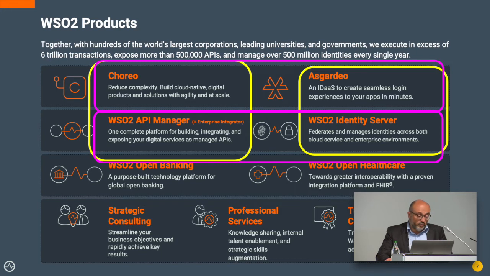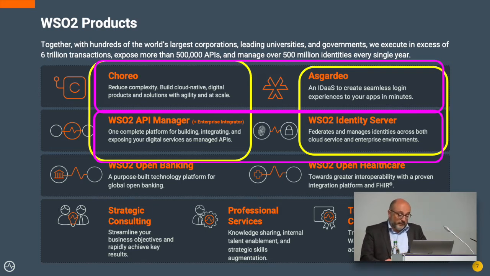For those of you that are interested or are in this sector, we have the open banking vertical for the financial company, which was started a few years ago when financial companies had to comply with the PSD2 standard, but now has a broader scope, trying to cover the digitalization projects of financial institutes. And then, for healthcare companies, we have another vertical called WSO2 Open Healthcare, which has the main target of integrating and digitalizing the healthcare platform, FHIR, for example.